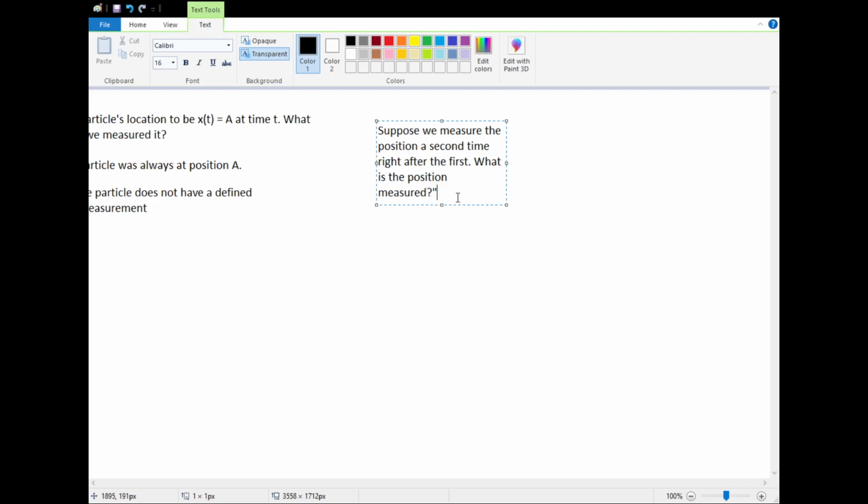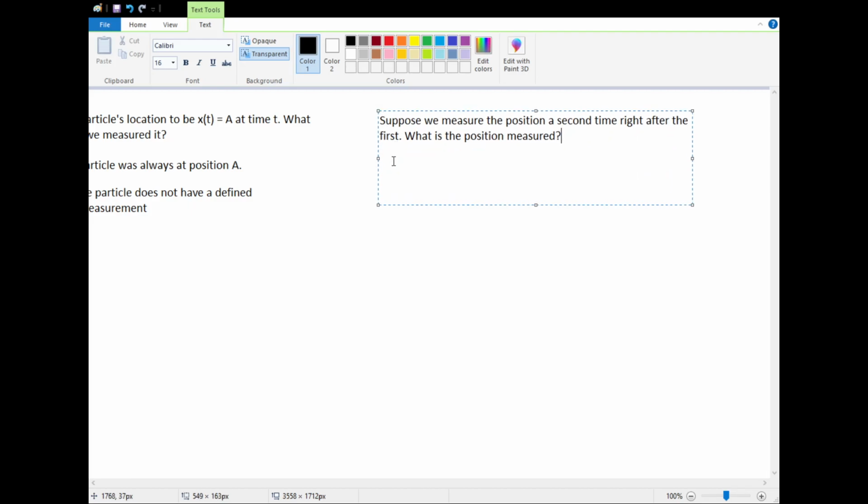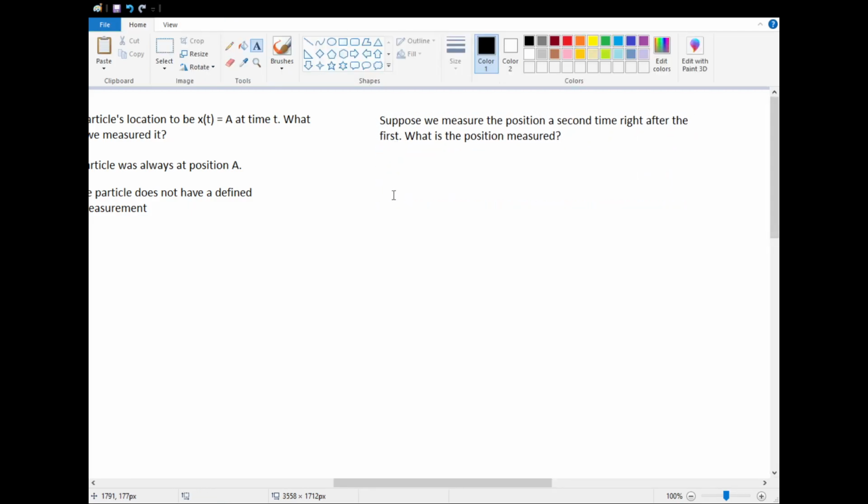So I measured the position of my particle to be at x equals a. Suppose that right after I make my first measurement, I continue and make a second measurement. So the question now is, what am I going to measure on my second measurement? And this time, we actually can apply our knowledge of the real world and classical mechanics to this. Obviously the particle is going to be at that exact same position. If I measured a ball that is stationary on the floor, and I do it again 1 second later, the ball isn't going to randomly change its position. However,